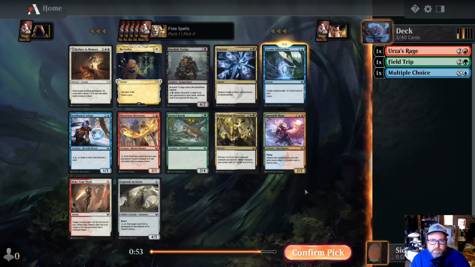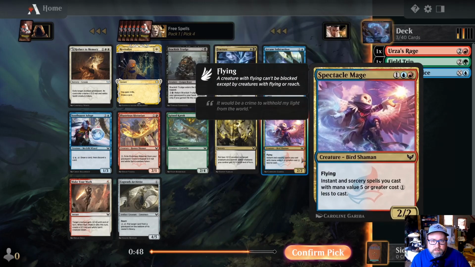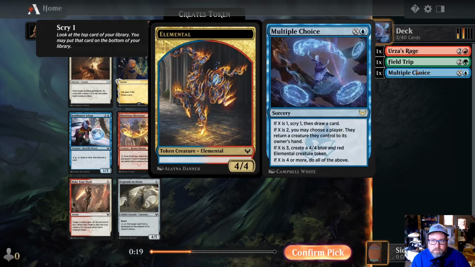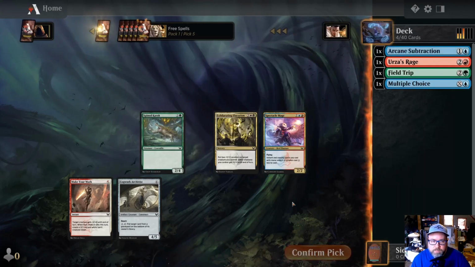Okay, what's the best card here? Arcane Subtraction or the Spectacle Mage is quite good. Arcane Subtraction can be played in more decks. Again, the lessons are missing, because we have to compete hard for lessons against this crowd here. Maybe we'll take Arcane Subtraction. We really want to play Multiple Choice. Hard to lose Spectacle Mage, but...